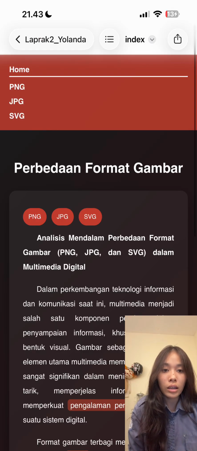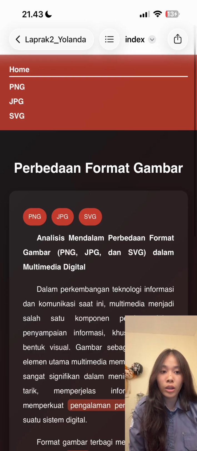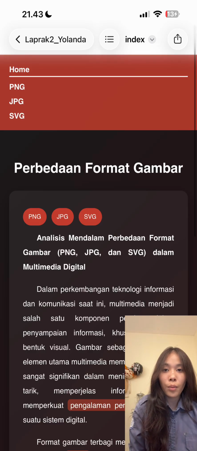I also add interactive features such as show image and hide image buttons on each page. When the button is clicked, the image will appear along with its caption, and when clicked again, it will be hidden. To improve user experience, I add smooth animations such as a fade-in effect for images and hover effects for buttons